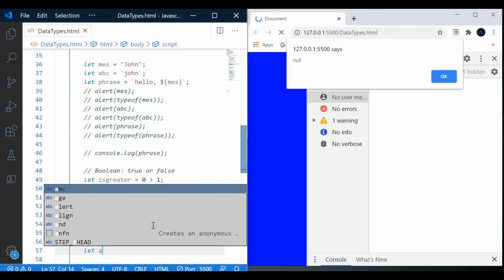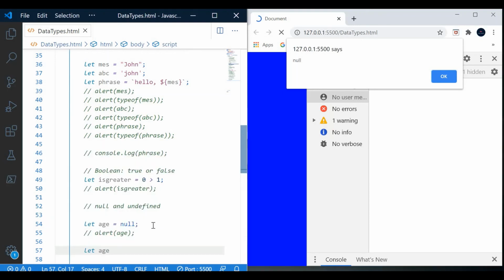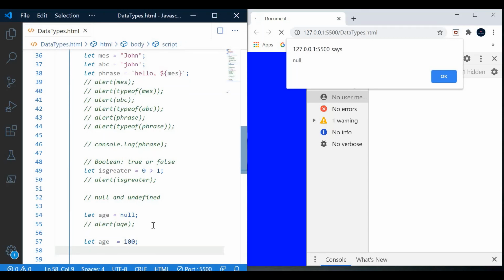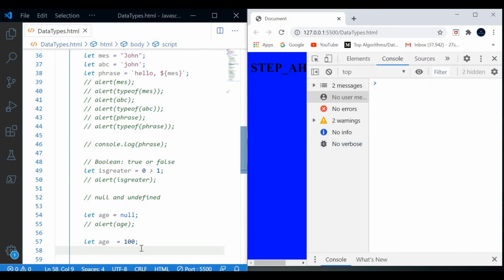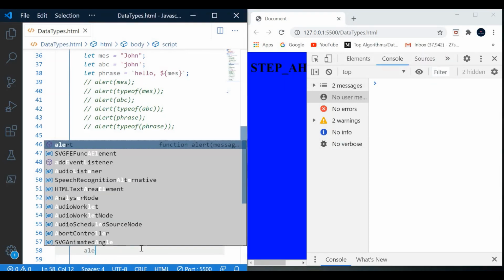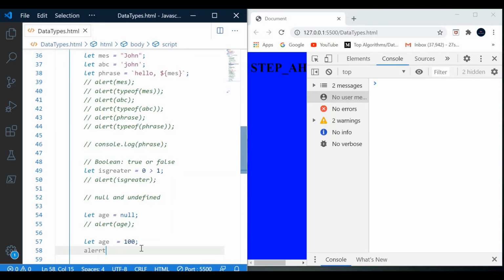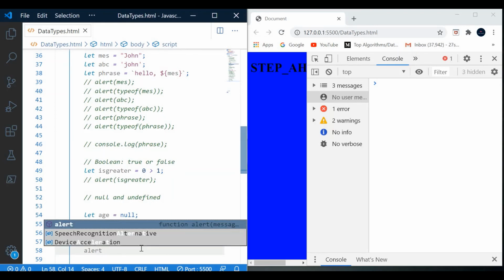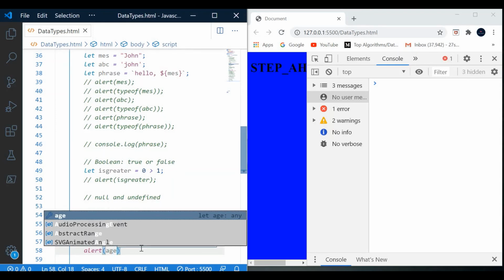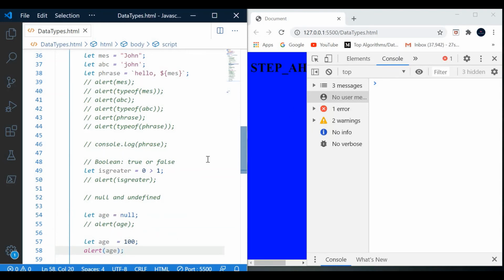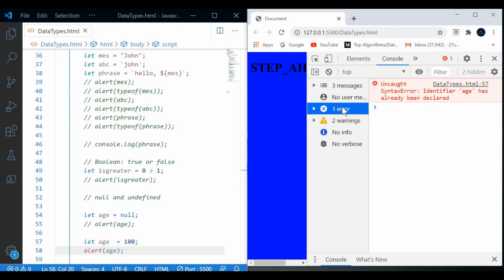Let age equal to 100. We are giving a value to age which is 100. If we are going to get the output for this, it will surely show some value, as age has been already declared.